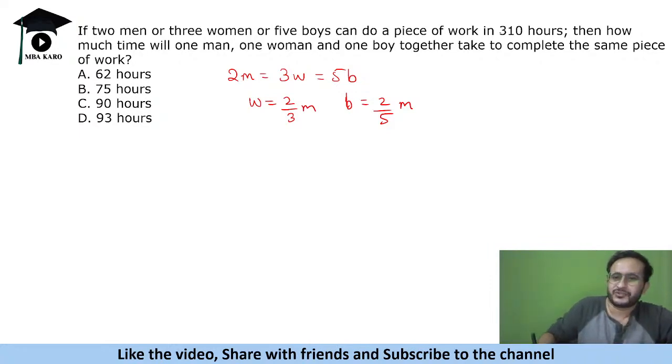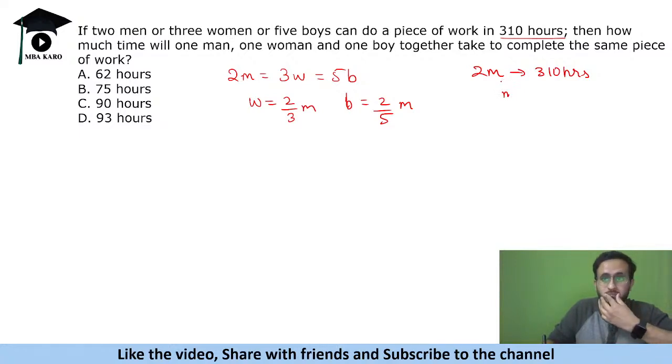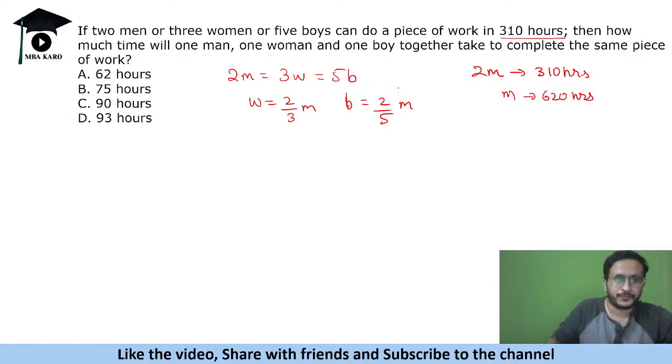ठीक है. So they convert it, they do that in 310 hours. ठीक है. So two men in 310 hours. ठीक है. So one man will do in 620 hours. ठीक है. Now we have